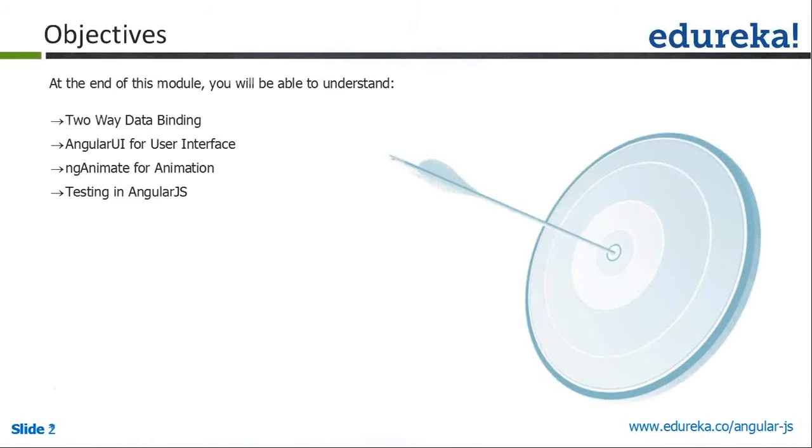Okay, so what are we going to discuss in today's session or webinar? First we will discuss two-way binding. This is one of the best features available in AngularJS. Normally, if you build web applications with jQuery or plain JavaScript, you get the data from the database or server, bind it in the UI, and also write events. But with the two-way binding feature, you need not do all that. Everything is handled automatically by AngularJS. We'll be discussing that.